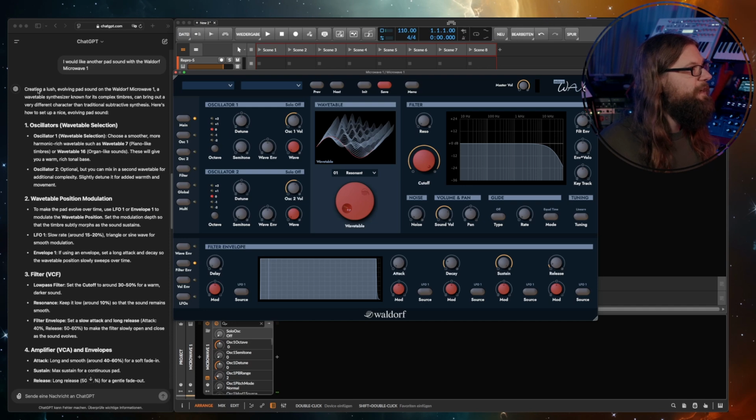Creating a lush evolving pad sound on the Waldorf Microwave 1, a wavetable synthesizer known for its complex timbres, can bring out a very different character than traditional subtractive synthesis. Here's how to set up a nice evolving pad sound. Oscillators, wavetable section. Oscillator 1, choose a smoother, more harmonic-rich wavetable such as wavetable 7, piano-like timbres, or wavetable 16,